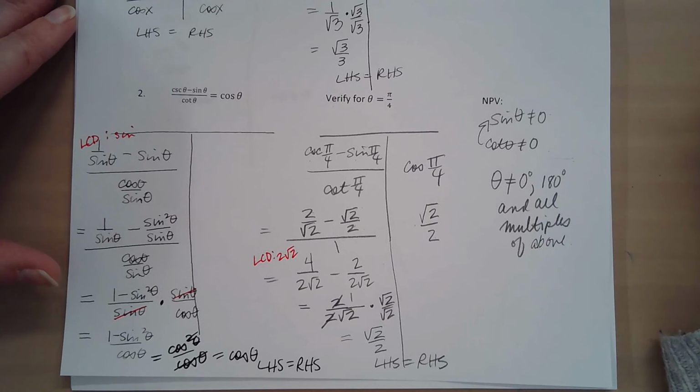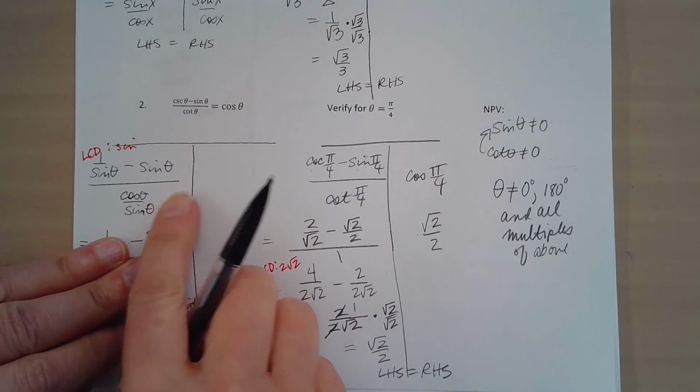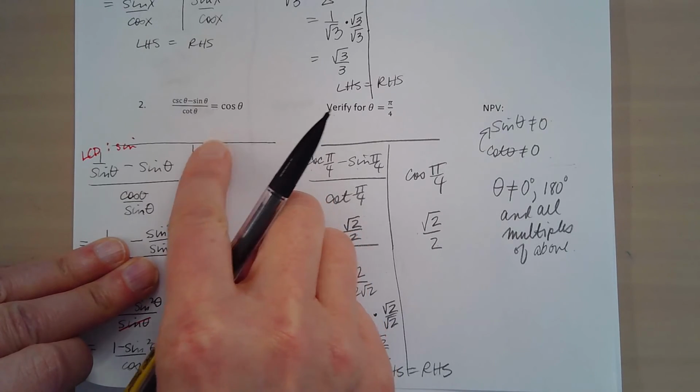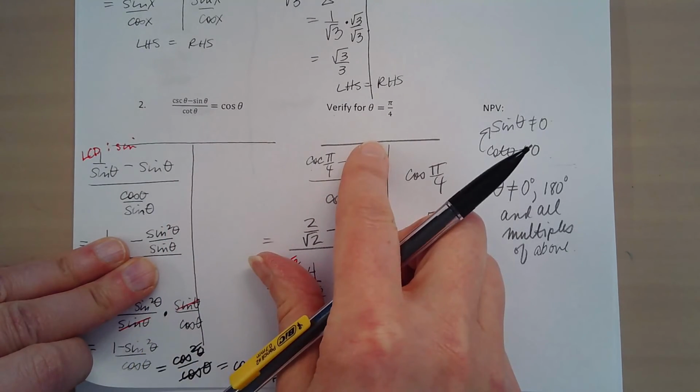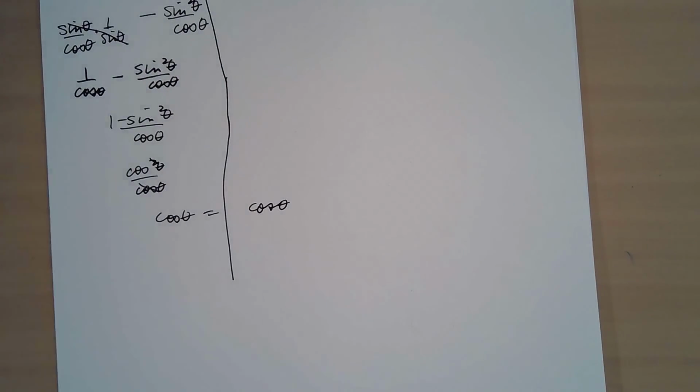Okay, so that's the difference between proving for one value and proving for all values. Here we're just verifying for one certain value, and just be aware of your non-permissibles. Agreed? Now if you flip on to the other side of that paper that I gave you,